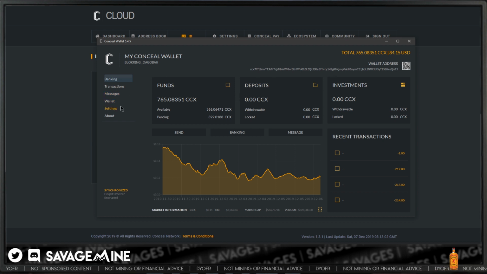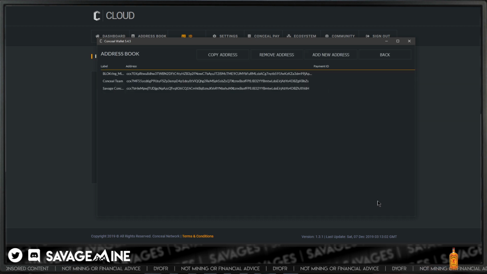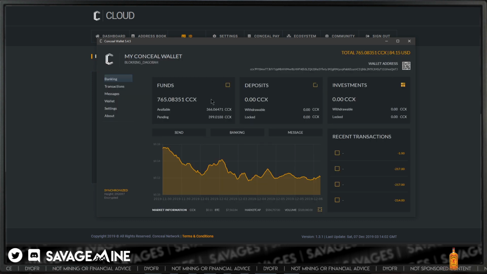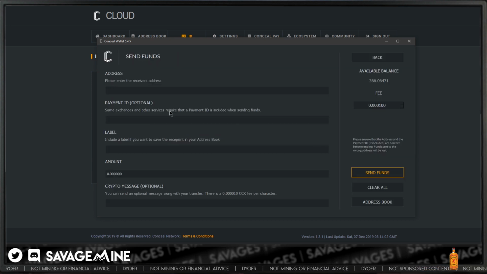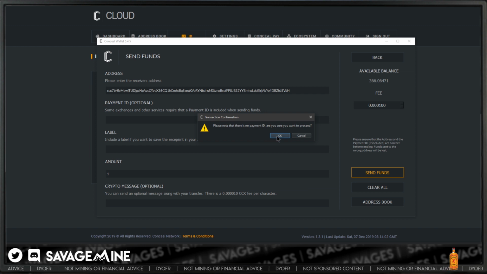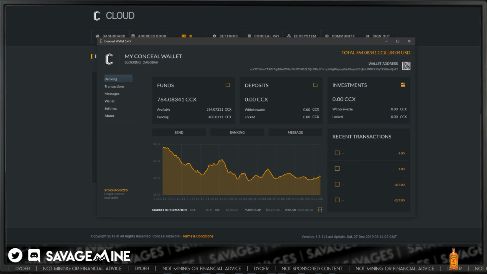I don't think I sent it, did I? Okay, so maybe it did that because I added an address entry, because this is the address right here. Yeah, maybe that's why it did that. I don't want to say that is for sure why it did it, but I would assume you would rather have it not resolved like that. All right. Anyway, send funds. Okay, so I must have done that twice. That's okay, it's just one.